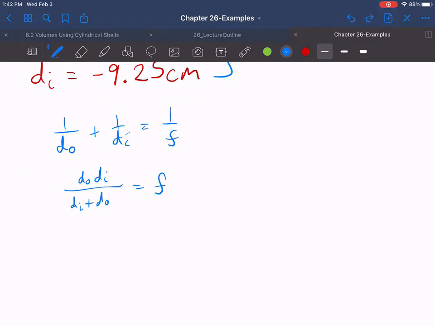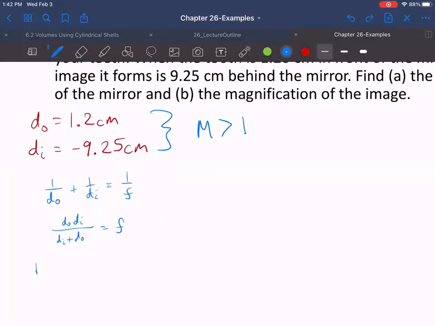All right. So now that's our focal length. We just have to plug numbers in. We're getting low on time, so I'm going to leave you to plug those two numbers in. Be sure to include that negative sign. And you will get a positive focal length here. You should end up with a positive focal length since this is a convex mirror, correct? So when you do this,